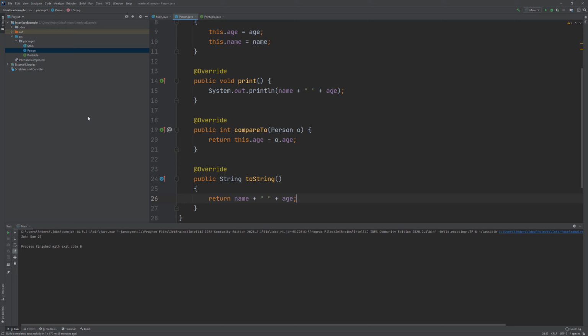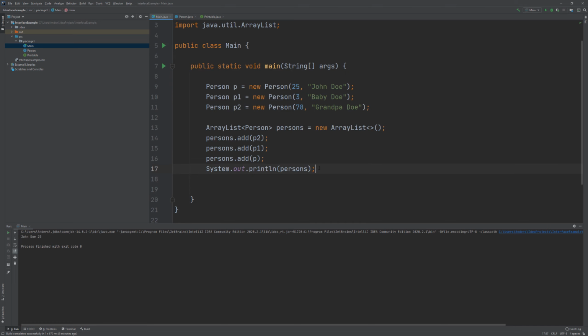This means that each time we want a textual representation of the person object, it'll call this method and give us a meaningful output. So now if we run this program, we will see that the content of our array list is, in index 0, Grandpa Doe at 78, we have Baby Doe at 3, and John Doe at 25. So now what we can do is make use of a built-in class called Collections